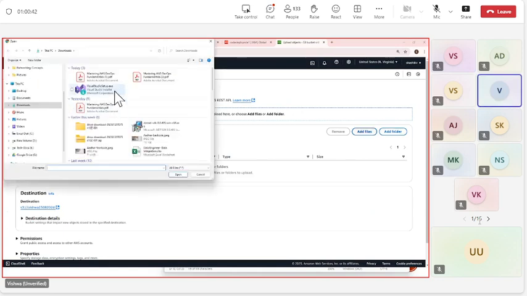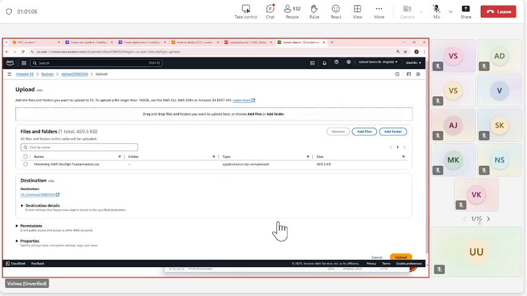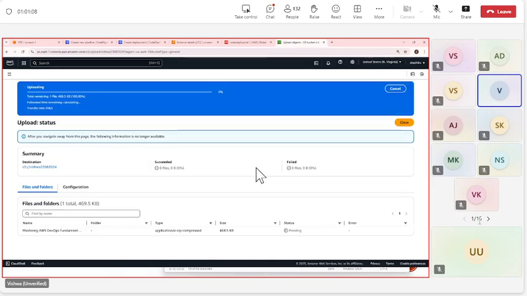I might have a zip file. I'm just creating a zip file, send to compress. Adding a zip file.